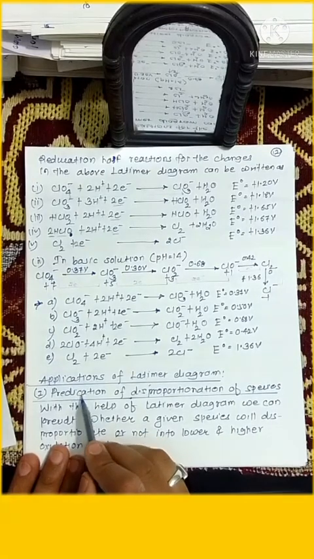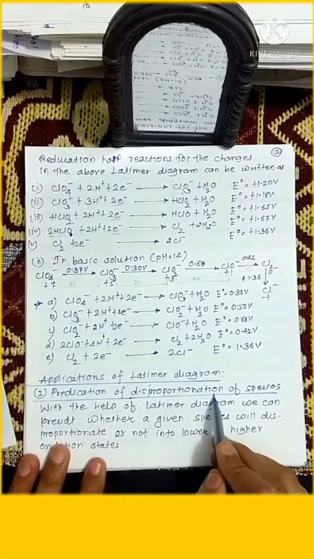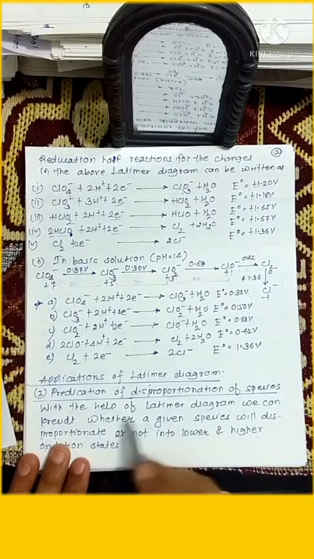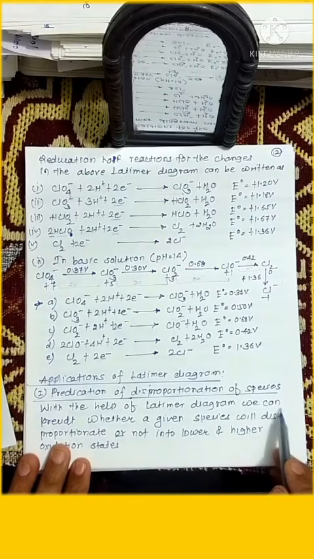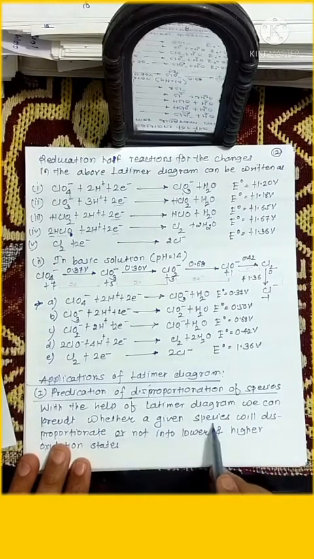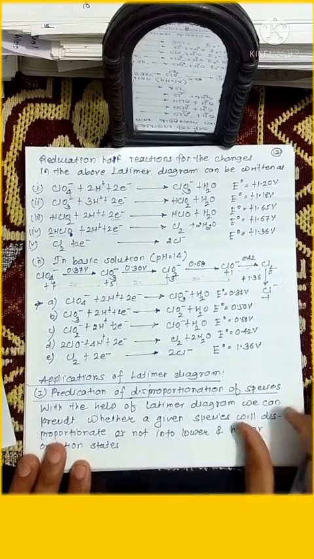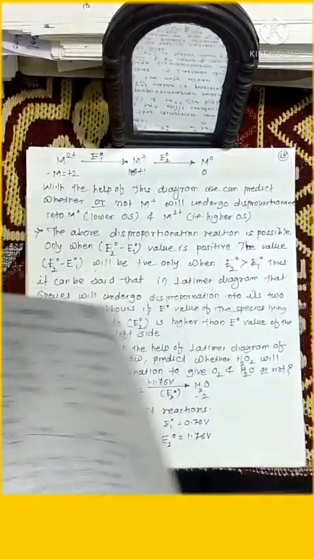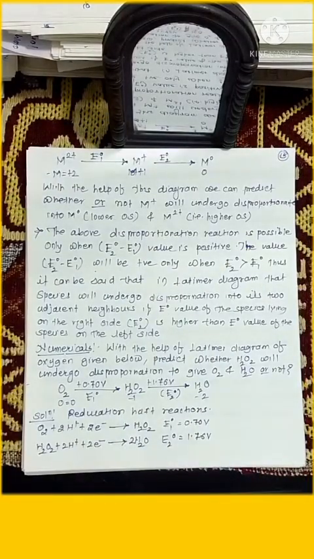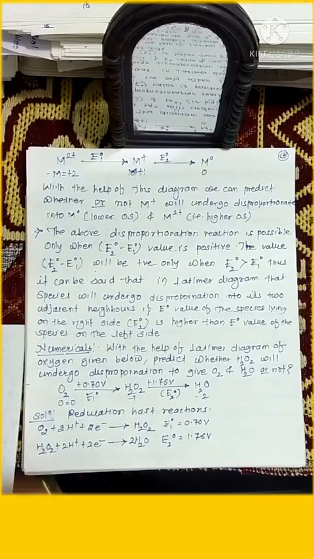It is used in prediction of disproportionation of species. With the help of Latimer diagram, we can predict whether a given species will disproportionate or not into lower and higher oxidation states. How can it be done? Now we are going to see. Just see,